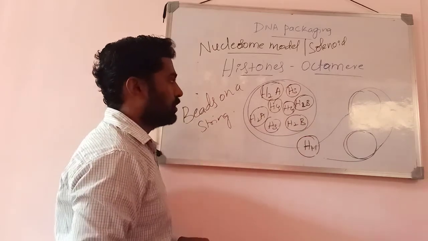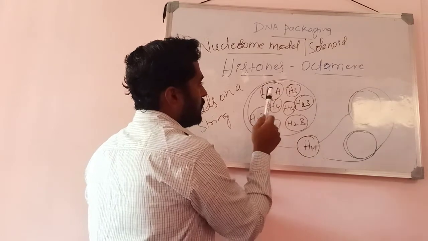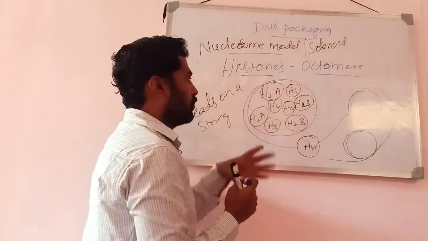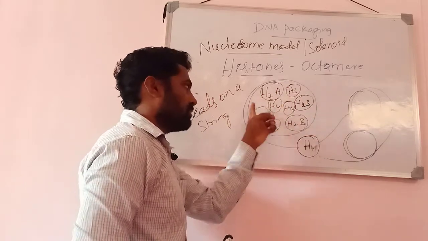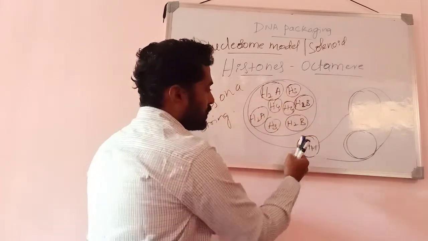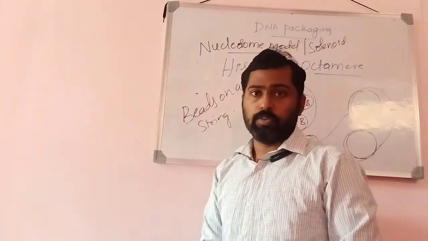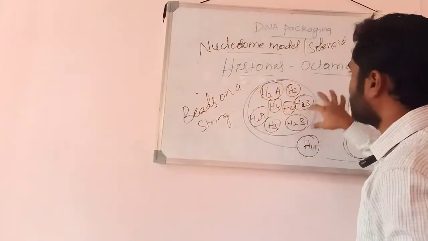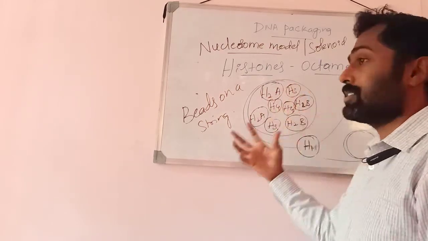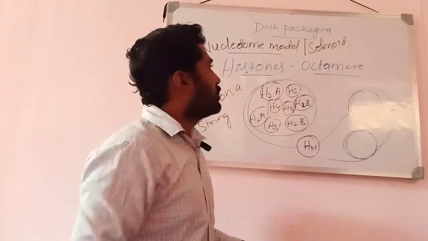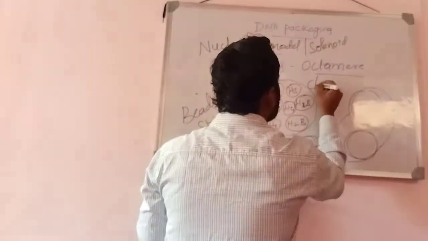See, H stands for histone. So how many histones are there here? H2A, H2B, H3 and H4. There are 4 types here. They are in pairs and that forms the octamer. Octamer means there are 8 histones here, and H1 is not found in the core, it is found outside the core. This beaded structure is what is called a nucleosome, and this is what is called DNA packaging, where DNA gets converted into chromatin. So now this structure is regarded as chromatin.